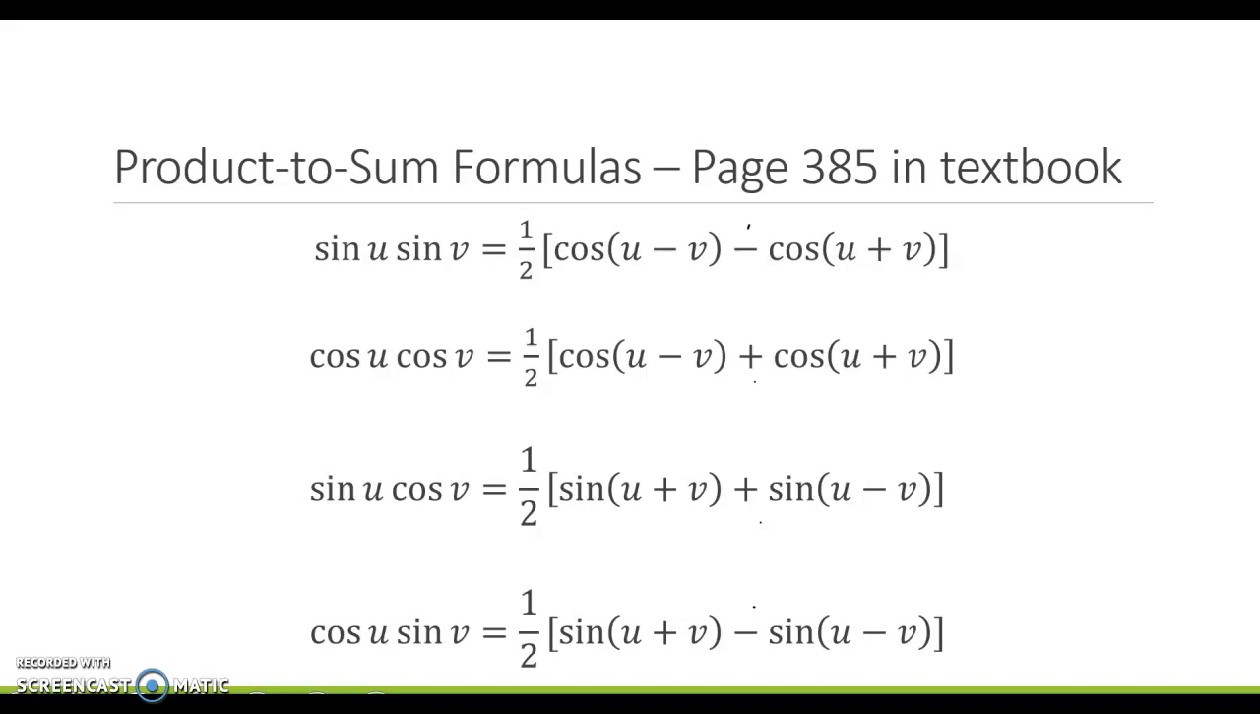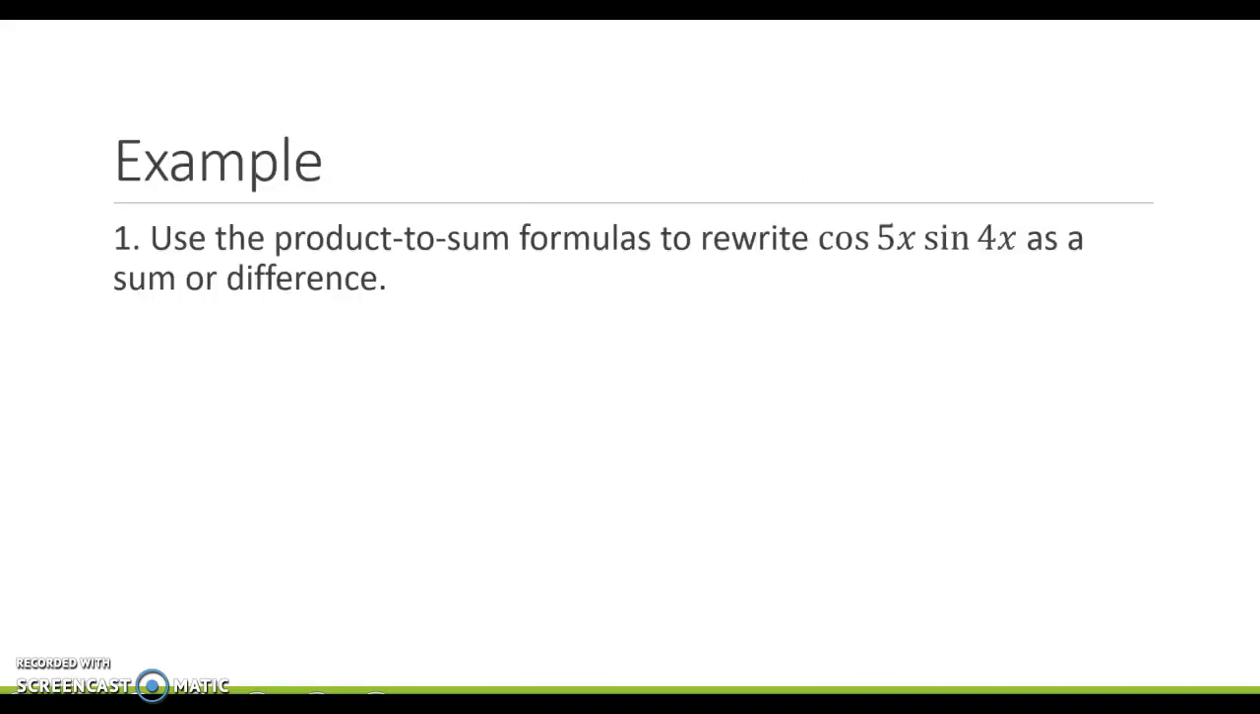So the first example is we are going to take this cosine of 5x times sine of 4x. We're going to use a product to sum identity or formula to rewrite this as a sum or difference. So if I take cosine 5x times sine 4x, 5x acts as u, 4x acts as v, and we are going to substitute it. And since this is cosine times sine, I'm substituting it into the 4th identity that we saw on that previous page. So I'm going to just substitute that 1/2